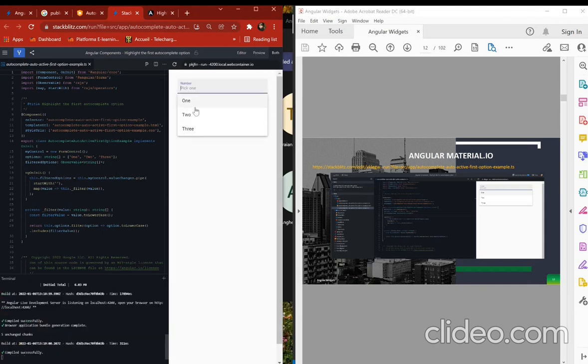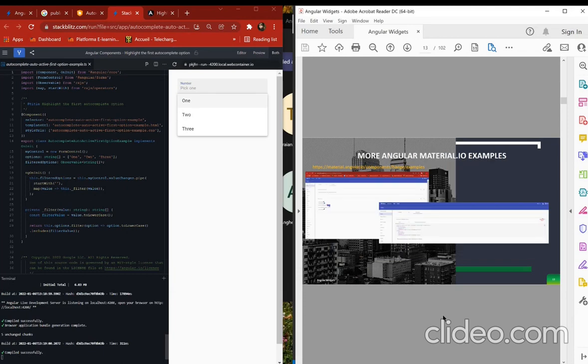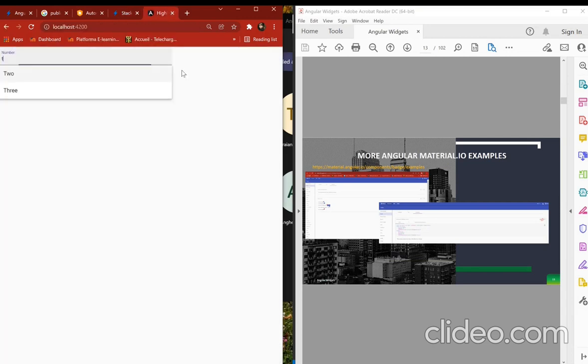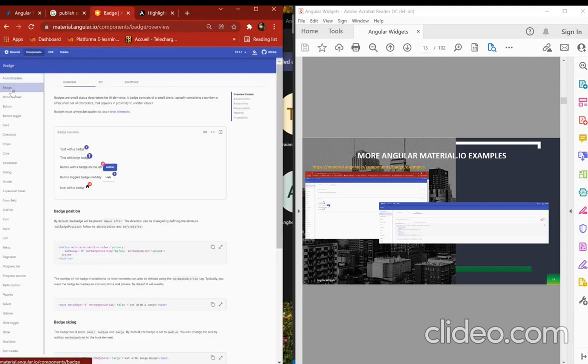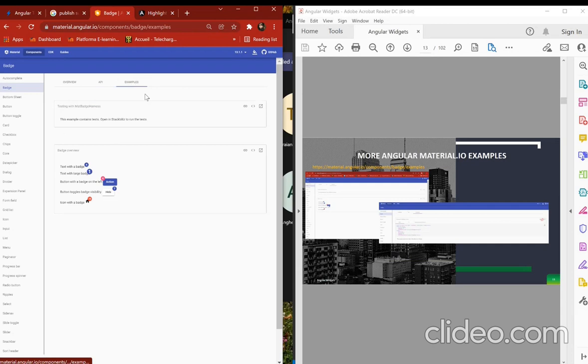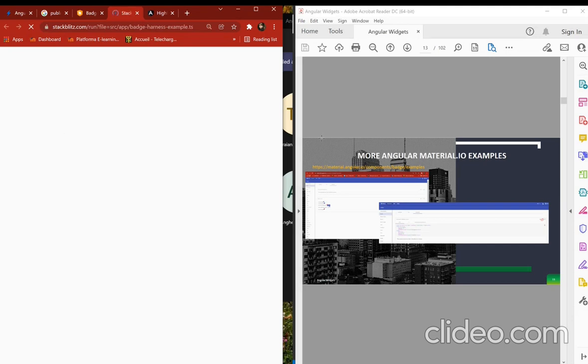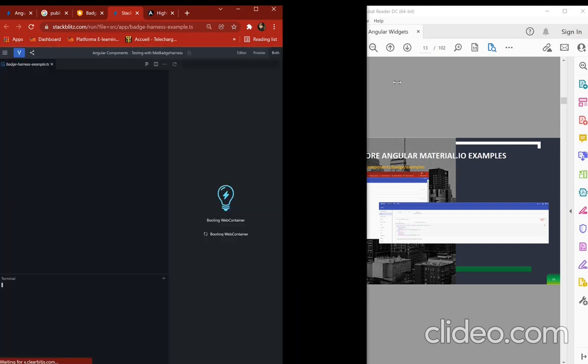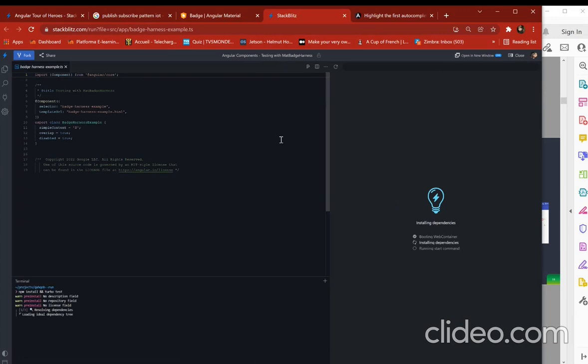Filed. Okay, and now you have the options. What you can also do, in a similar manner, is have badges, like these ones, whether you have any notification like here. And it means that you can also run some tests. As for the part with unit testing, which will come soon, what you define, in fact,